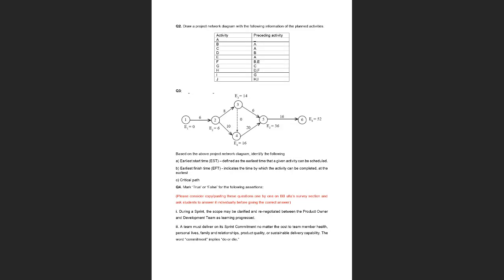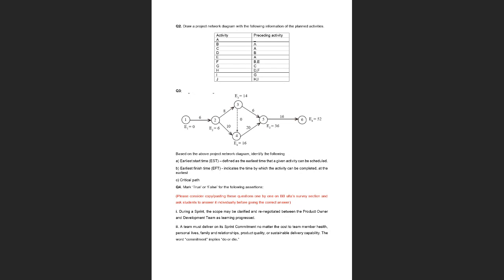It's pretty straightforward. So can you guys take out your pen and paper and do it with me? It will be easier for you to understand. So what I want you to do is first write down all the activities. So the first activity we have is activity 1, 2. Just fill in the first column: activity 1, 2, 2, 3, 2, 4, 3, 4, 3, 5, 4, 5, and 5, 6.